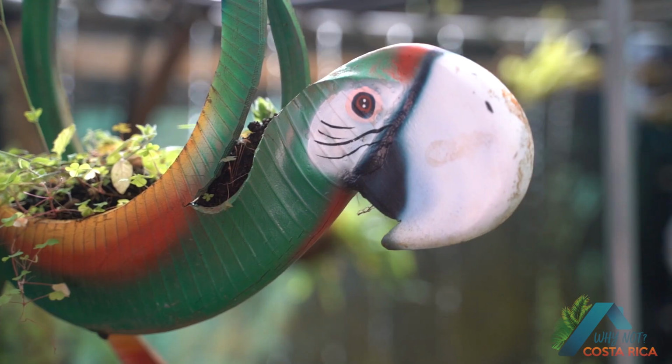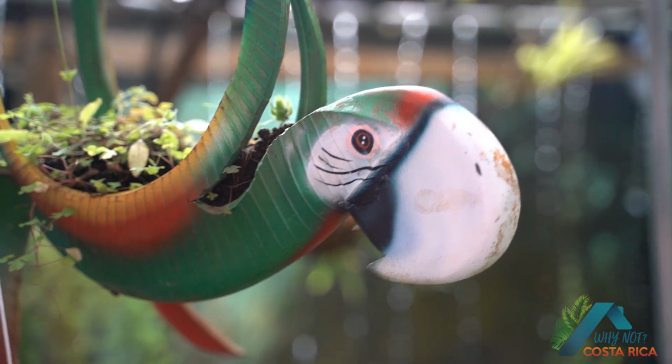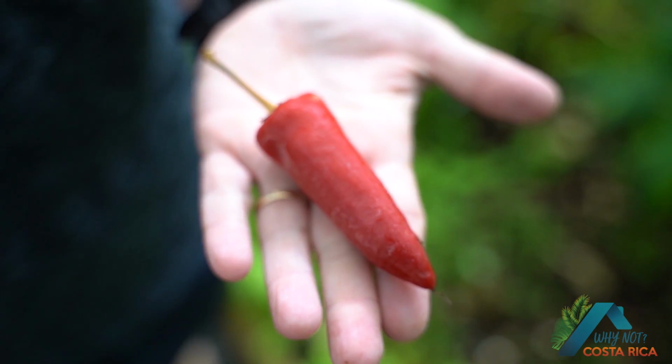And it kind of feels like a waterfall in here, the noise, and just makes you feel like you're in a peaceful, happy place, enjoying the growth of the plants, getting something fresh to eat. And I think that's why a lot of people move to Costa Rica, is they like the idea of maybe a little bit healthier lifestyle, eating healthier, being out in the sun, growing what they want to. It's just a win-win, and the greenhouse is just a natural way to make some of that